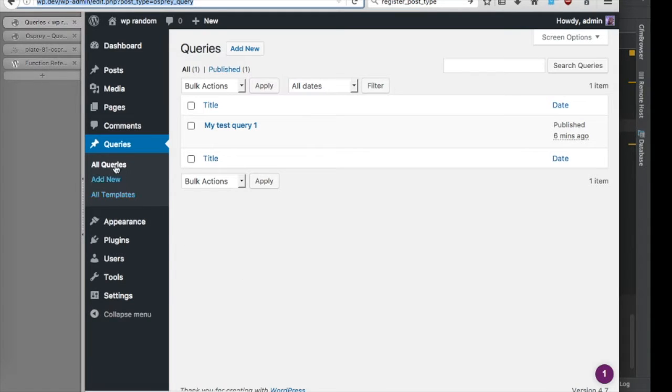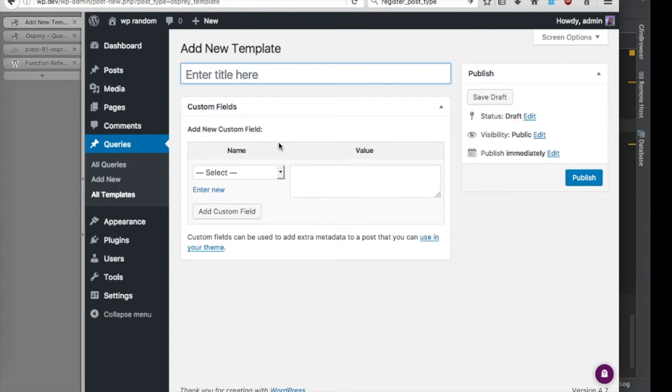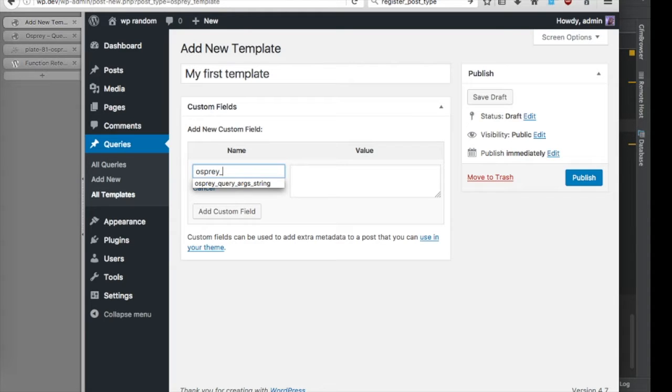Alright, so now my templates are a sub-item of my greater queries menu item. Pretty cool. So let's just do the exact same thing we did with templates that we did with our query, and let's just use a custom field to store some metadata. So my first template, that's a pretty good name for a template. And I'm going to add a new metadata that I'm going to call Osprey template